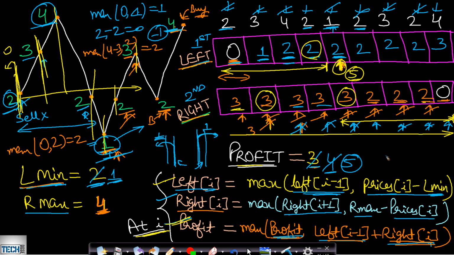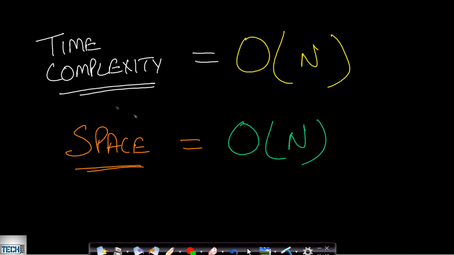Okay. So I hope you understood this entire algorithm for divide and conquer. Now the time complexity for this will be order of n, and space complexity will also be order of n. There is another approach using state machine, which I had already shown you on buy and sell stock using cooldown. So the link for that problem will also be present in the description below. The time will remain the same, but the space will become order of 1. Now let us look at the code.